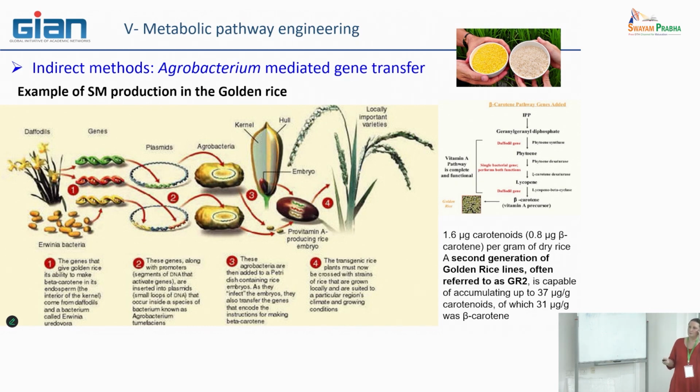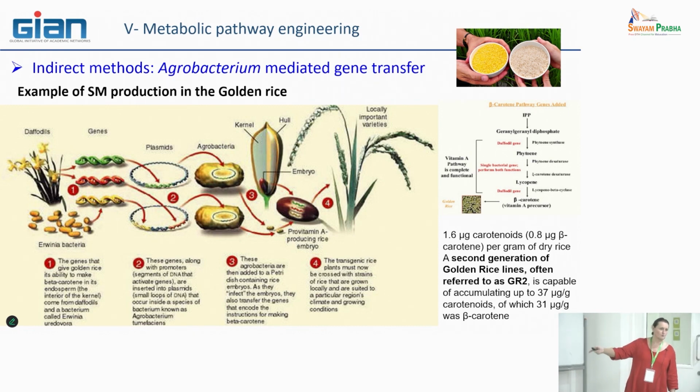So the first experiment was quite a proof of concept. And it was interesting because they succeeded in producing carotenoids in seeds. But you see here, the amount of production is very, very low. It was not sufficient. So after, they tried several combinations with this type of methodology and with classic inbreeding, in order to increase it. This is what they have done here to produce a second generation of golden rice that considerably increased the amount of production, but it is still not sufficient.